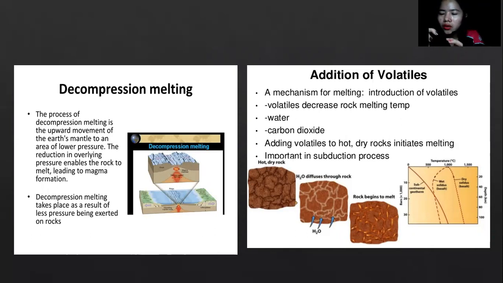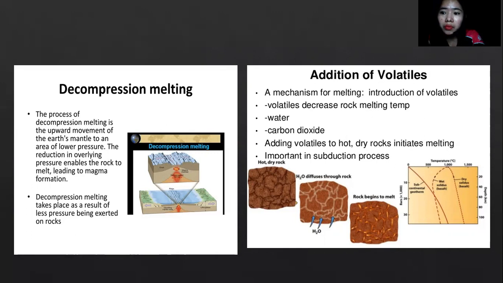So, because of the heat or intense heat or constant heat, it results to the melting of rocks, then leads into magma formation. So, in addition to volatiles, there is a presence of carbon dioxide and water. So there is some, di ba, very hot and dry rock. And because of the diffusion of water, pag ang tubig gani o bato nga grabe kay imong ibutang, na tendency na magbuak siya, mag-crack. So parang ganito yung nangyayari sa adding of volatiles.